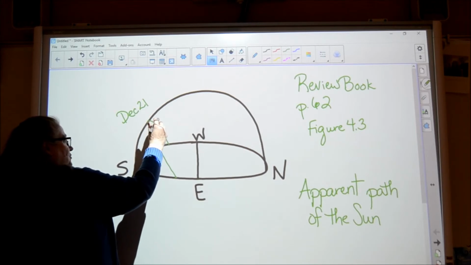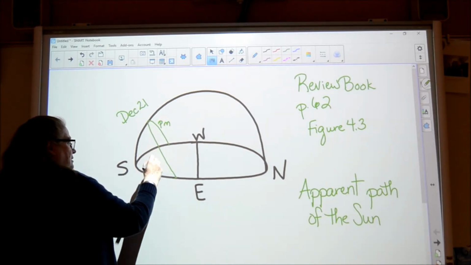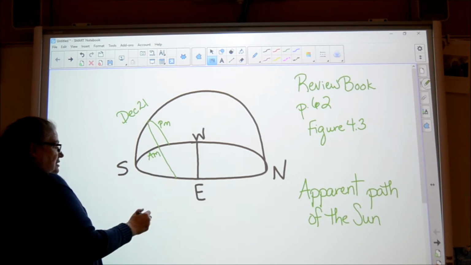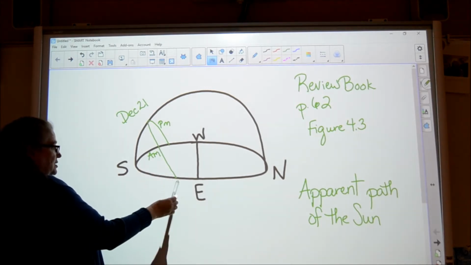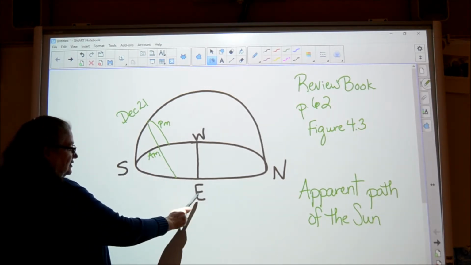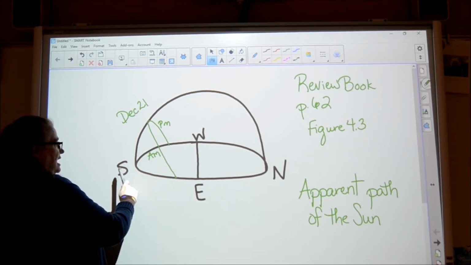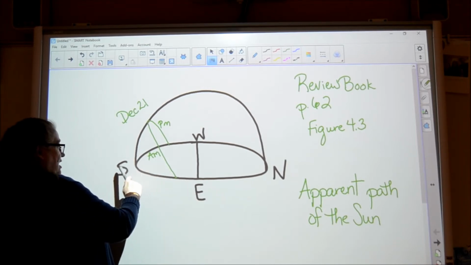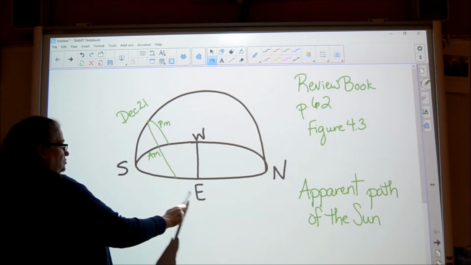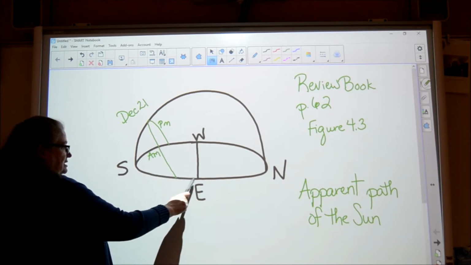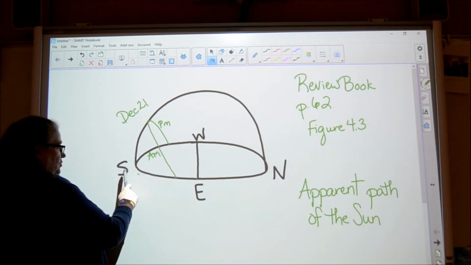So afternoon, I'm over here. So this is my PM. This is my AM on this side. So the sun is rising south of east, and it is setting south of west. So right here, as long as I'm in this section, I am always rising south of east, and I am